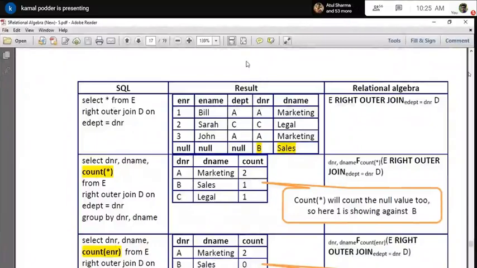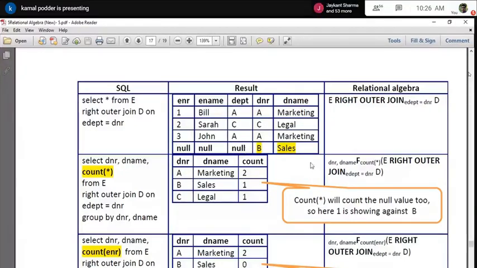If you just see now, columns A and B have come from the department column. In the case of A, I have a matching record in the employee table, so all those employee details are coming. But for department B, there is no matching row on the other side, so in the employee columns all these fields will automatically be null.